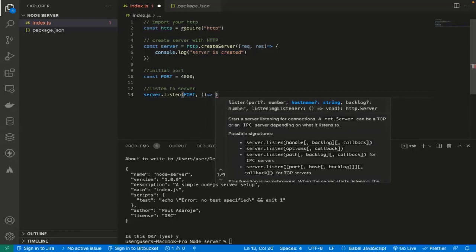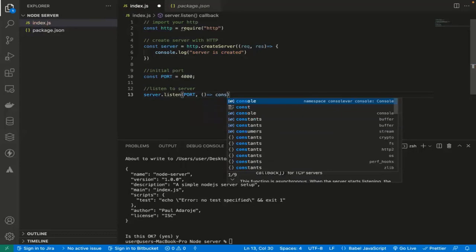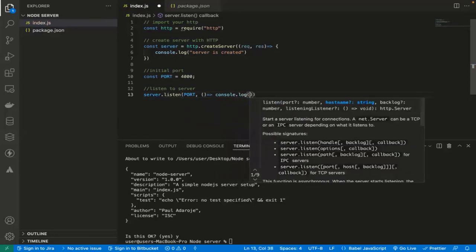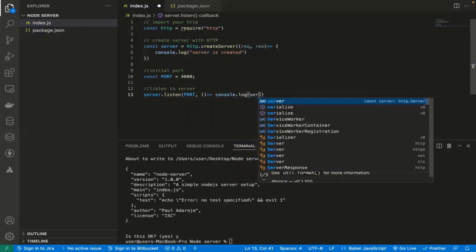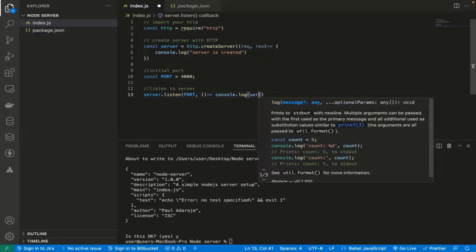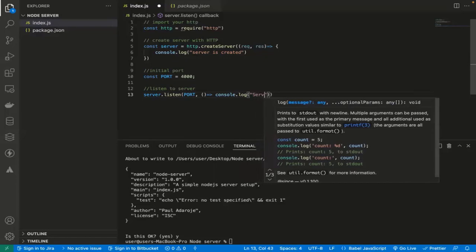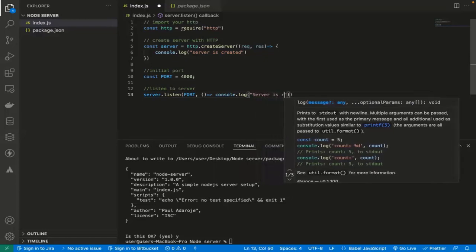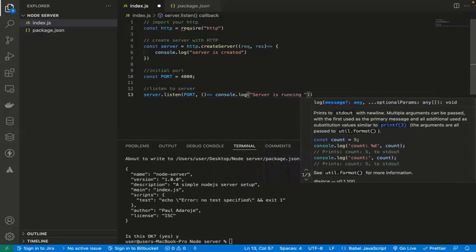Now this function will just do a simple thing, to just console log that the server, sorry, I need to put this in a string. So server is running on